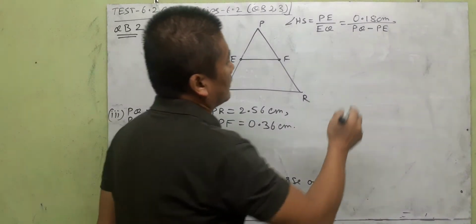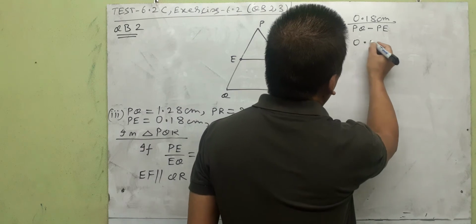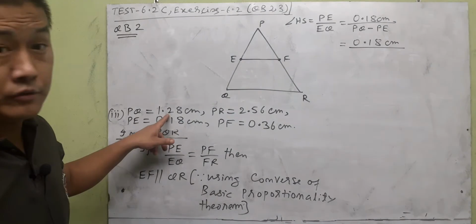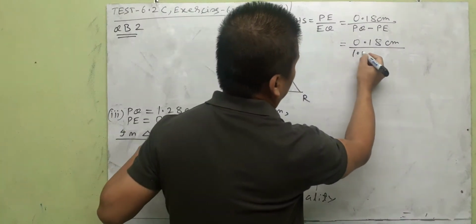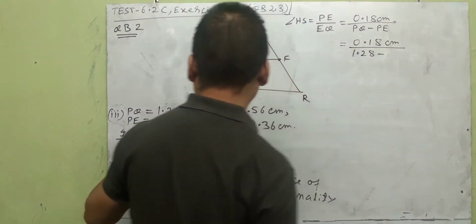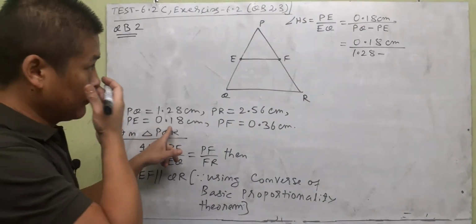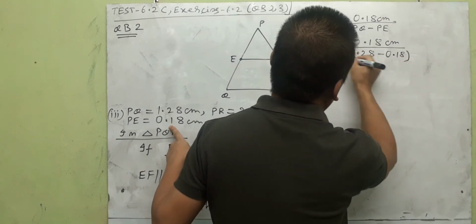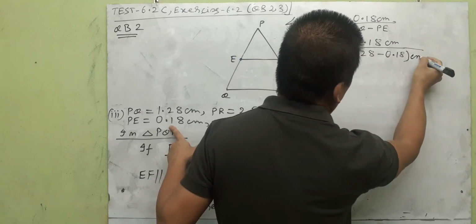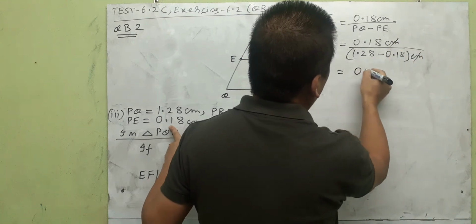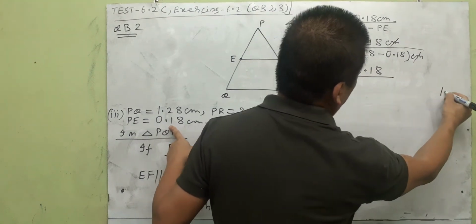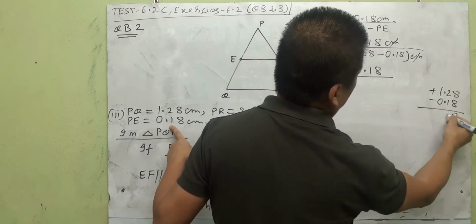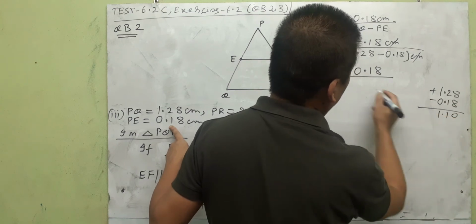So that will be equal to 0.18 centimeter divided by PQ, 1.28, minus PE, 0.18. And centimeter here can come out of the bracket, so you can cancel this. 0.18 divided by 1.28 minus 0.18. 8 minus 8 is 0, 1 minus 1 is 0, and then 1 minus 0 is 1. So it will be